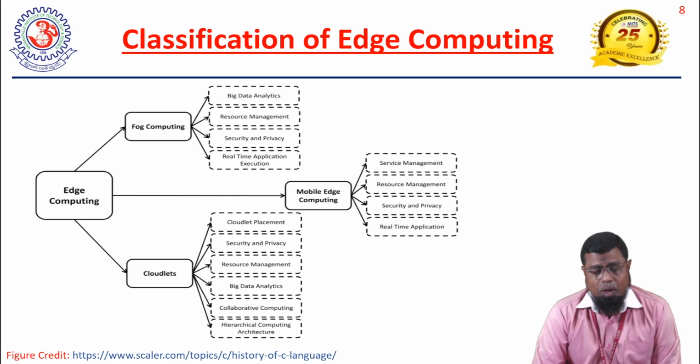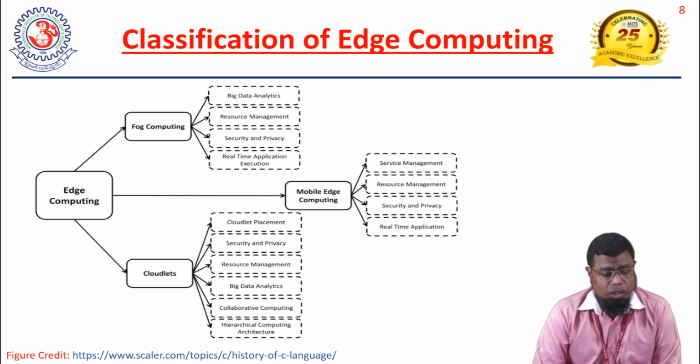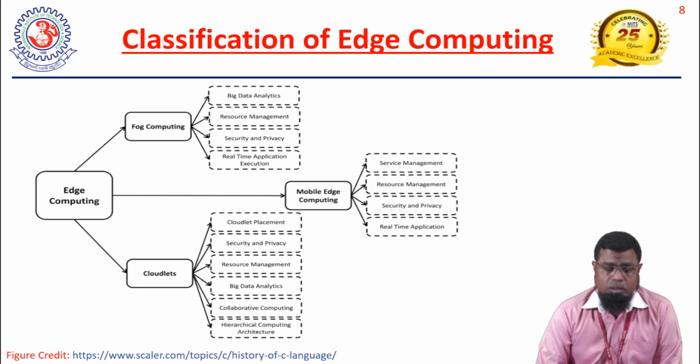We sometimes need to collaborate edge computing and fog computing. Sometimes we need to collaborate fog computing and cloud computing. Sometimes there may be a scenario in which we need to collaborate cloudlets with mobile edge computing. When we are collaborating more than one technology, we will get the benefit of the one as well as the benefit of the other, which will improve the overall performance of the system. That is why we are using it. When you are collaborating the systems, we can get the benefit of both systems. That is the main advantage of collaborative computing.